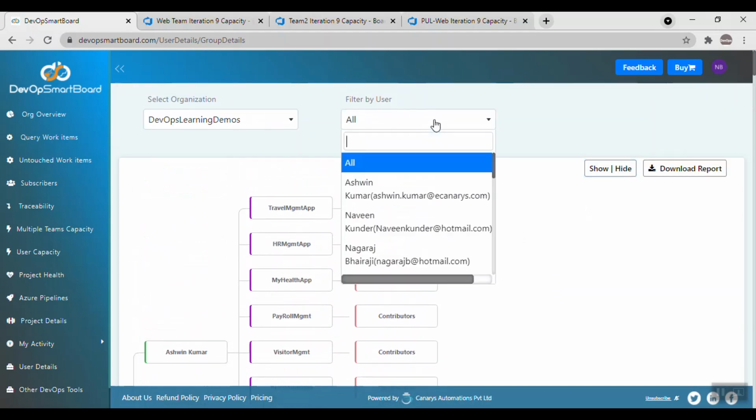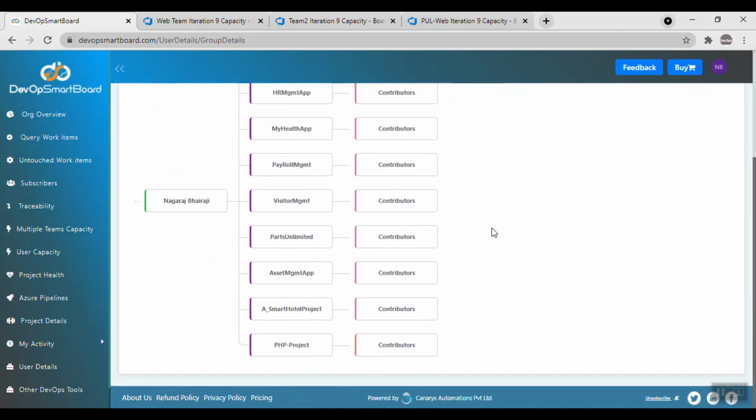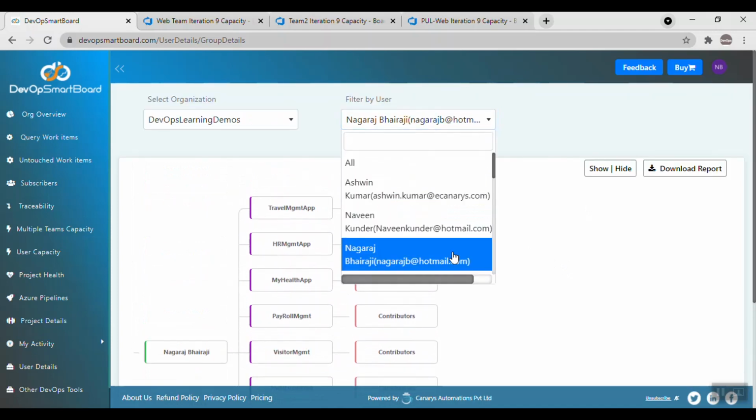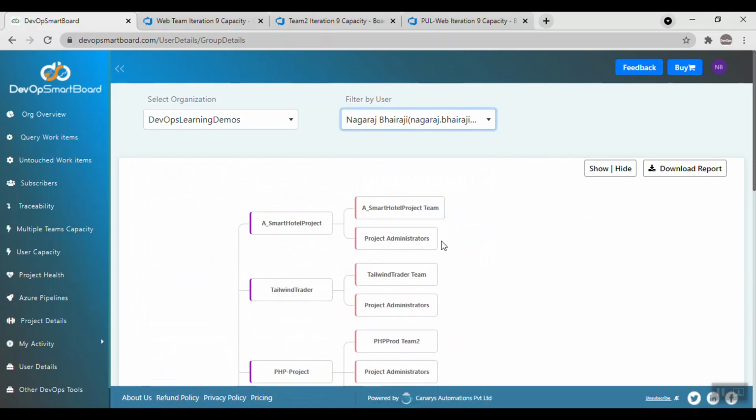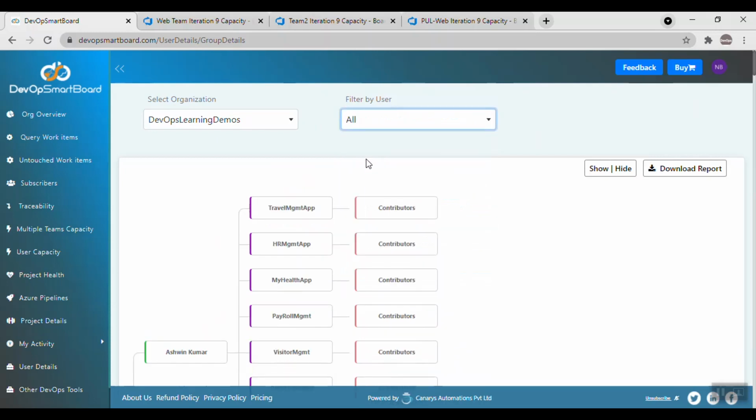I can also filter by users, so I can just filter by users here, so only one user's detail will be shown. And then I can again select back all.